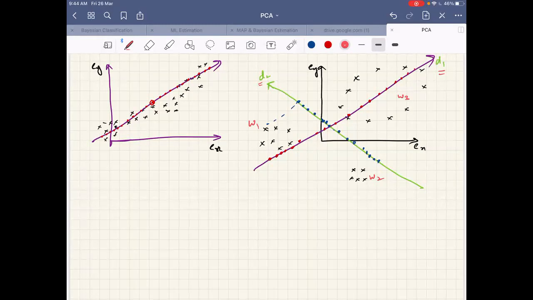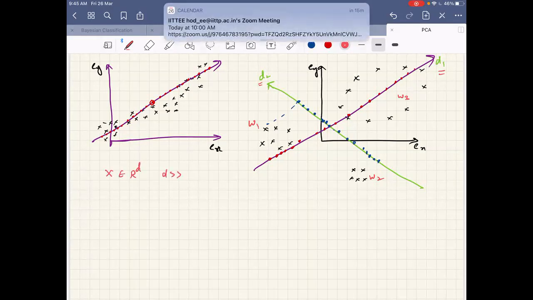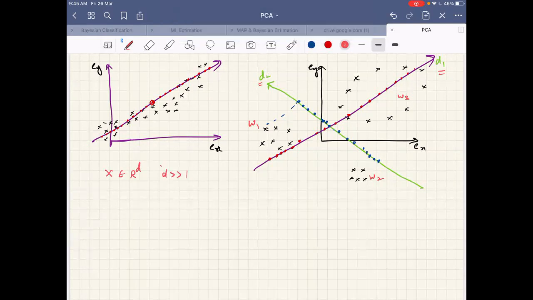Yes, sir. Now the question is this. See, in this two-dimensional case, you are able to visualize and we are trying to figure out what is the dimension of maximum spread of samples and say that this is the direction you have to project. But how do I find it out in higher dimensions? The problem itself is that X belongs to a higher dimension, right? D is much higher. So how should I do it in higher dimensions? That's the question now. I have several samples with me, and how do I come up and say that this is the direction in which you should project?